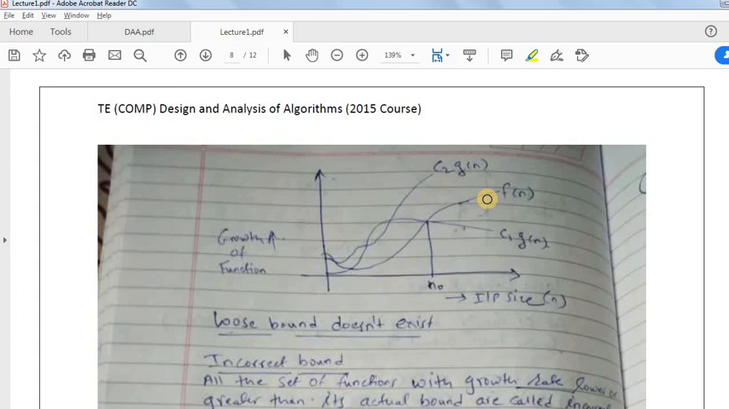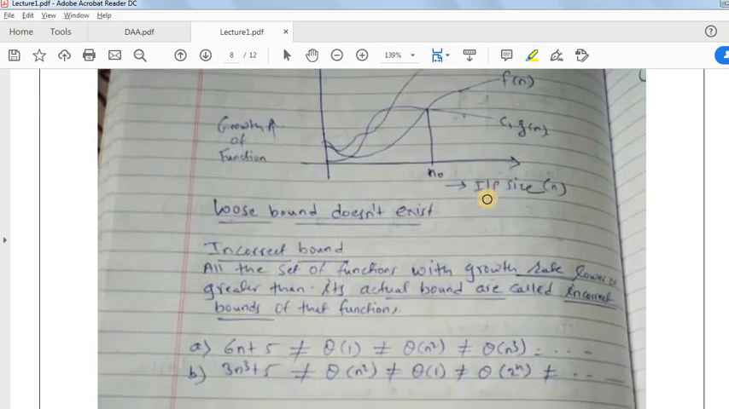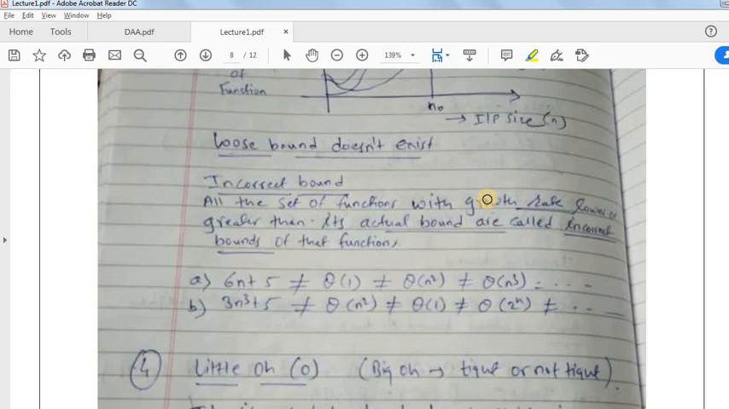As theta notation defines the tightest possible bound, there will not be any notion of a loose bound. It doesn't exist for theta notation. So what will be incorrect bounds? All the set of functions with